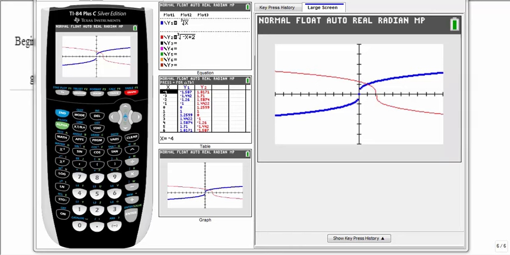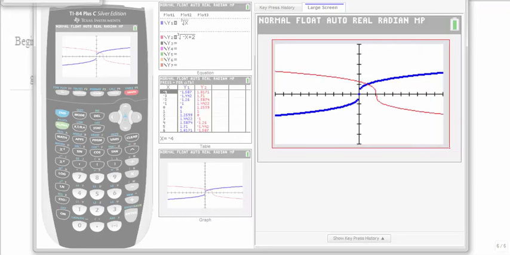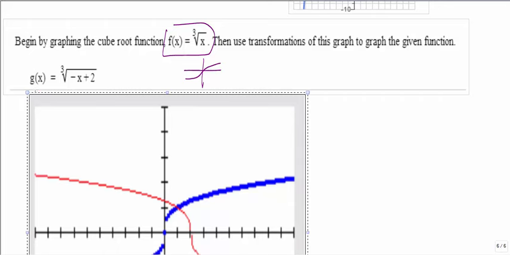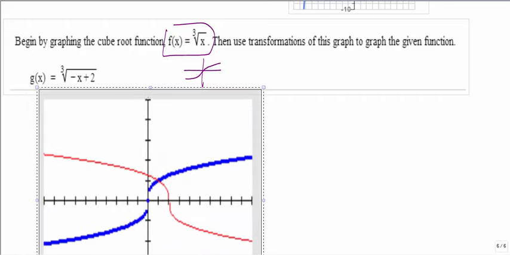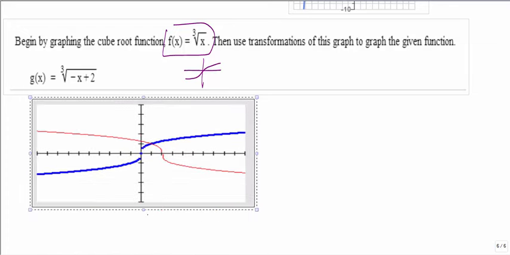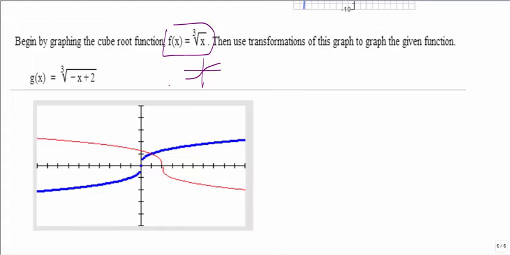Okay, so this is my parent graph in blue, and then my red graph is the transform graph. So this is my parent graph. This is my transform graph. Now when we look at this graph, you can see we had